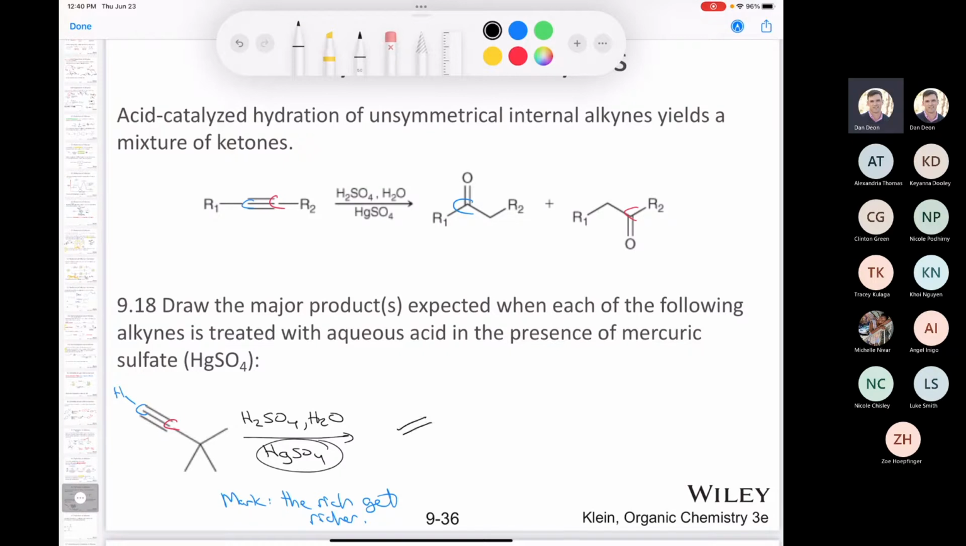You go from sp hybridized carbons to sp2 hybridized carbons. Now you've got a second proton out here, and you've got the hydroxyl here. This is an enol. You do not isolate the enol. It is not stable. It undergoes tautomerization. Okay, like that. And we end up moving the pi bond from between the two carbons to between the